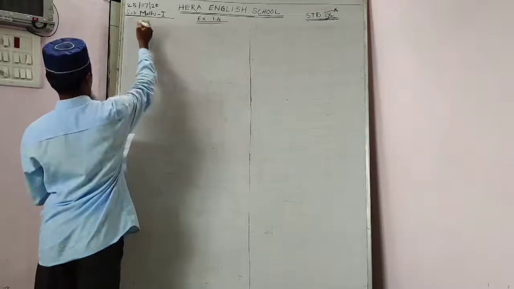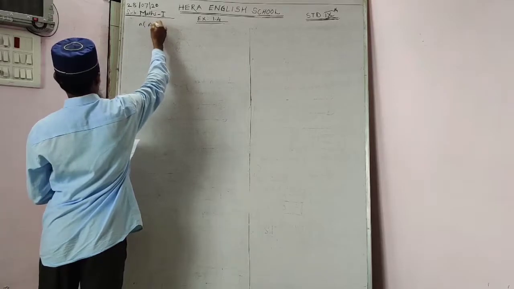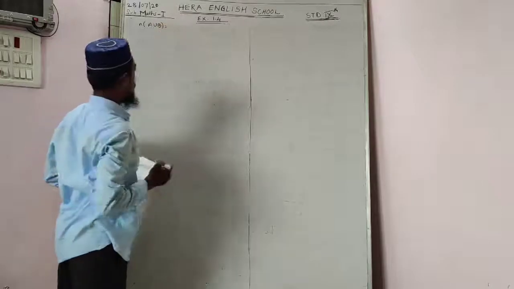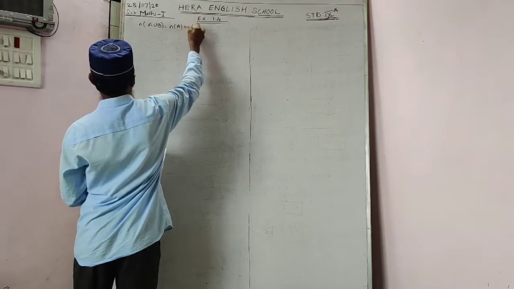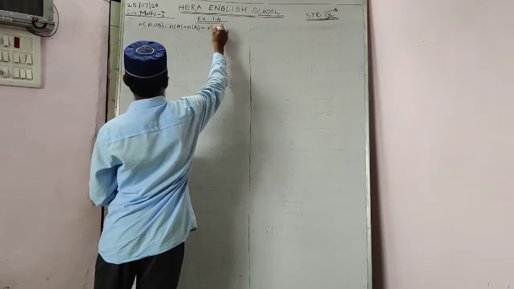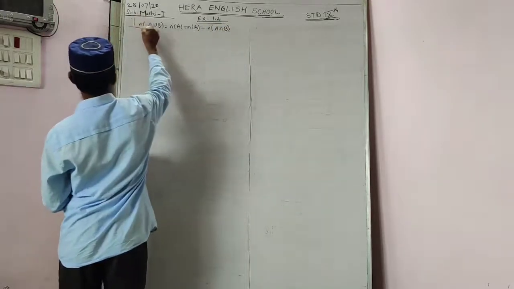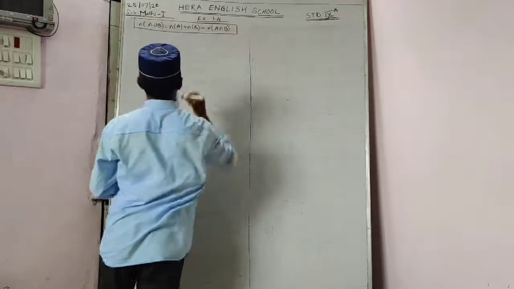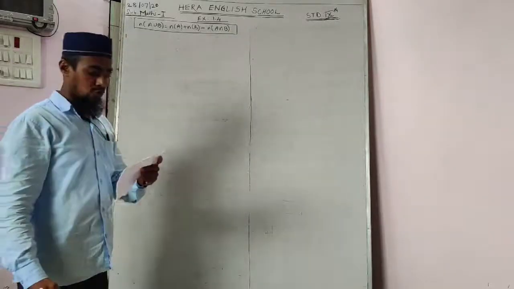See very well, everyone. Number of set A union B is equal to number of set A plus number of set B minus number of A intersection B. This is the formula we have to use in this exercise. Here is what we have in the question. See question number 1. By using this formula we have to solve this question.